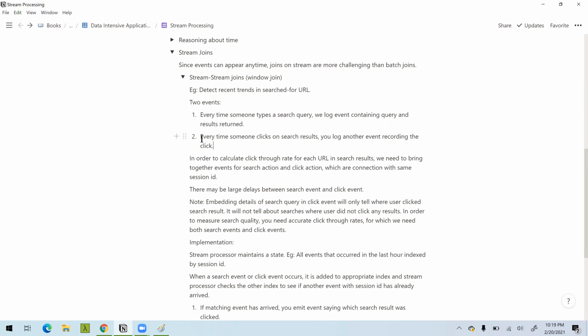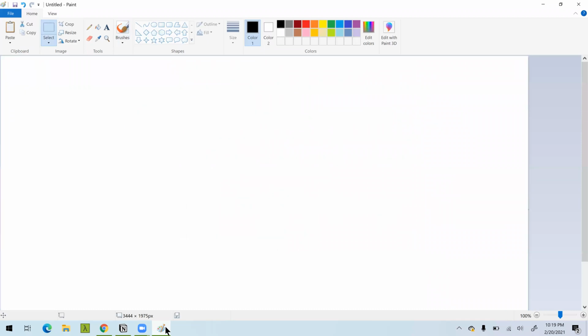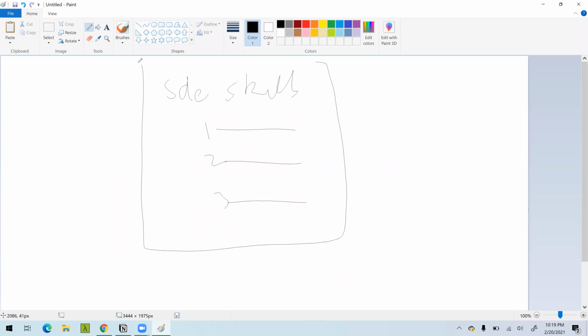So basically, let me explain the diagram. Let's say my search query is SD skills, and these are my search results, 1, 2, 3, right? So in my web page, I have this information that the search query was SD skills. These are the search results. So whenever the user clicks on this second result,